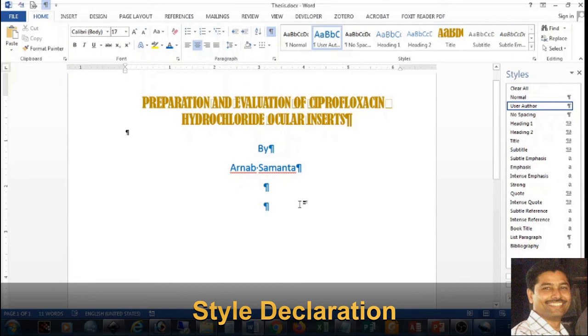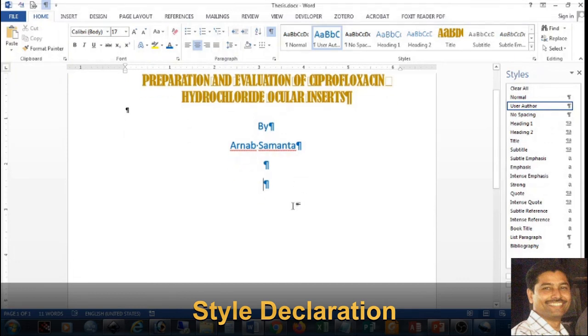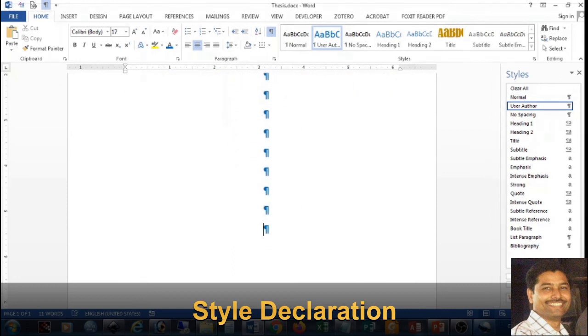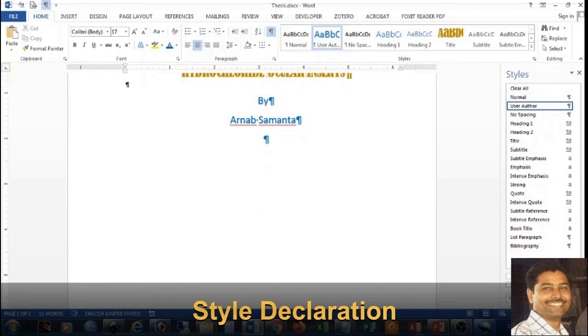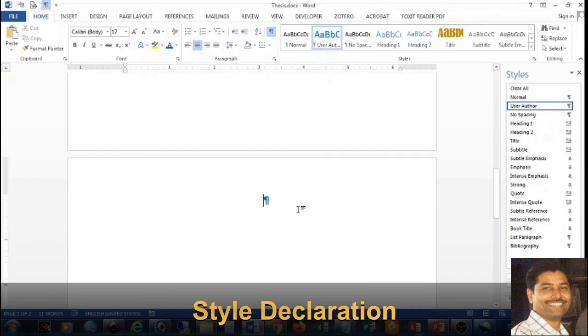Now while you are typing, I have found that you are pressing enter like this to go to the next page. So this is actually overflowing. Whenever a paragraph is overflown from one page, then it is going to the next page. But please do not do it in this manner. Whenever you require to go to the next page, just stand wherever you are, press and hold Ctrl, then press enter. You see a new page is created.